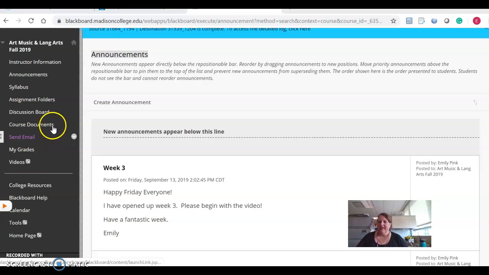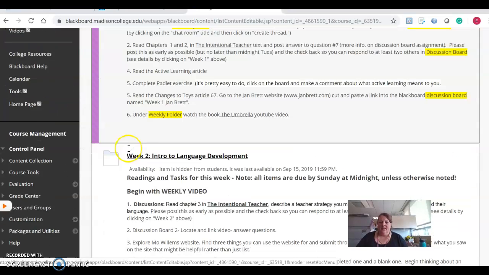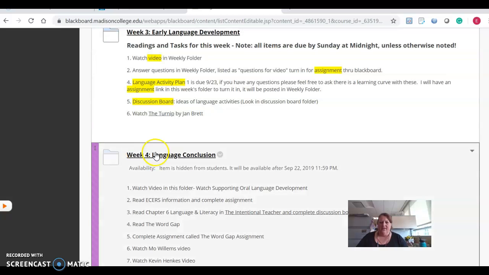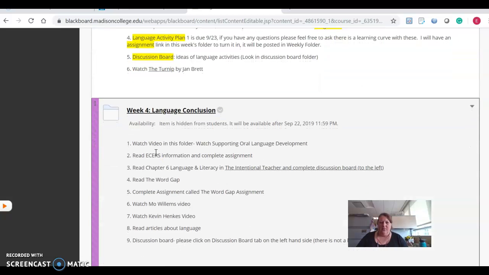So if I go over to the assignment folders and I go into week 4, we're going to be concluding talking about language, and next week we're going to be moving into literacy. So in this folder, you're going to watch a video called Supporting Oral Language Development. You're going to be reading some information about doing an ECERS assignment, which is the